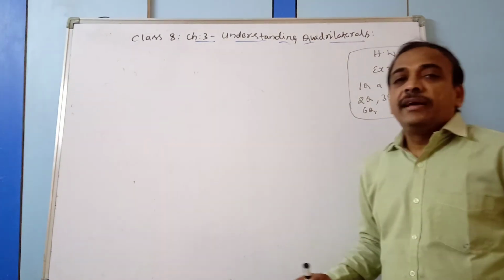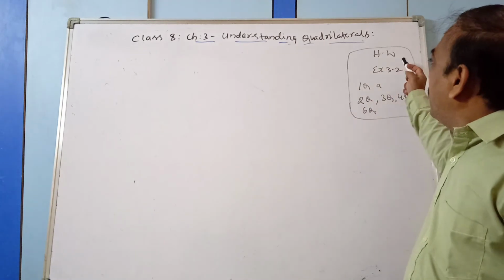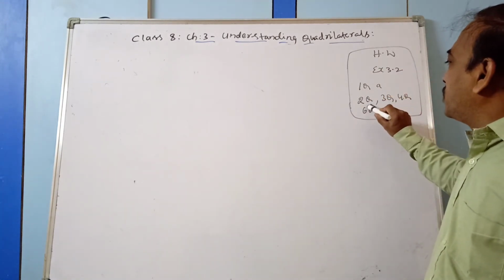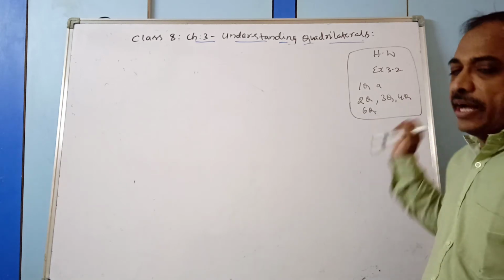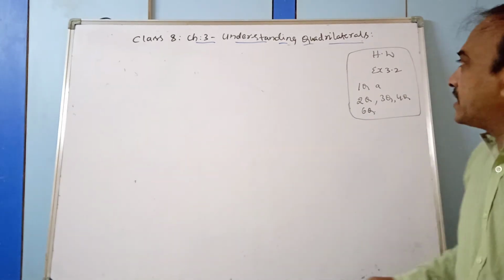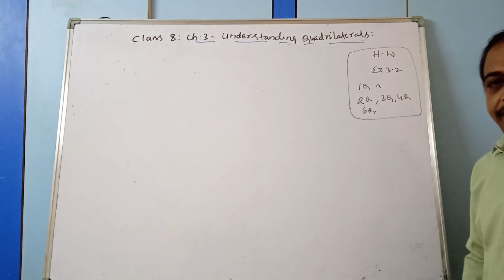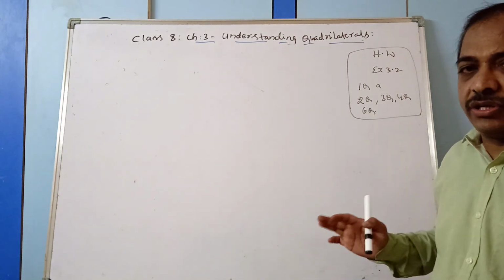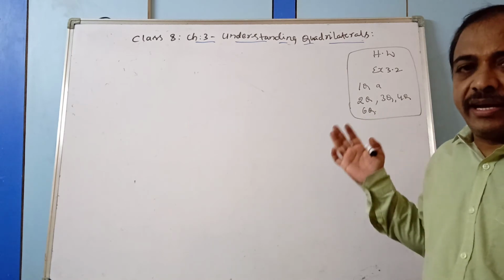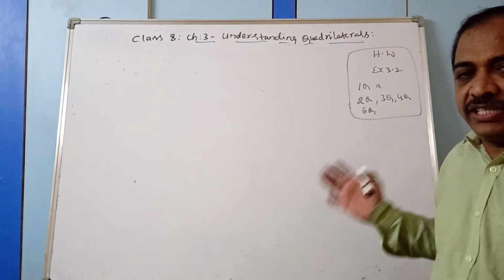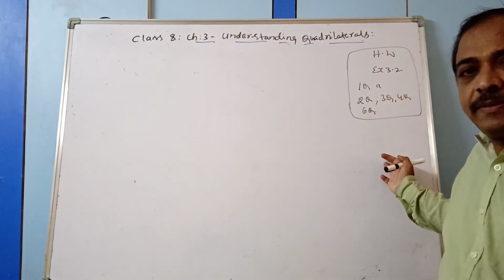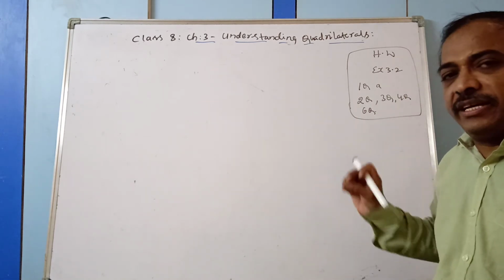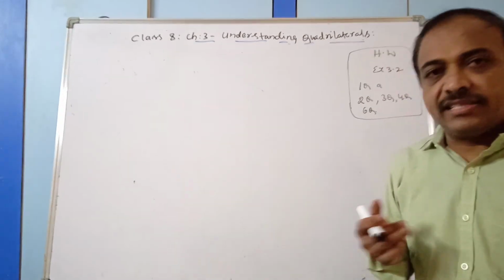Children, look at this. Here you have some homework questions. Exercise 3.2, question number 1, A bit, and question numbers 2, 3, 4 and 6. So with this, exercise 3.2 is finished. Now we will continue to the next topic. When you are writing the notes, first finish this homework, then copy the next topic which I am discussing with you.